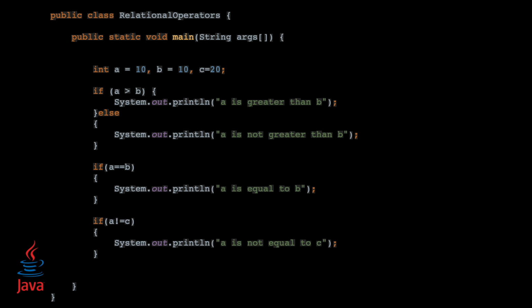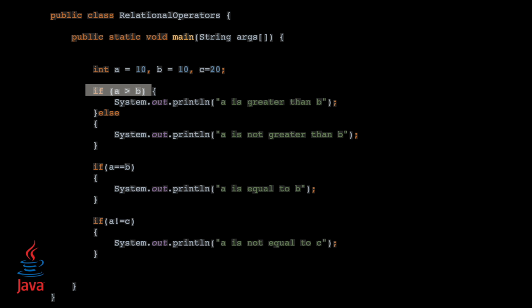Now let us see this program. Here we have 3 variables A, B and C. All are integer types. A is equals to 10, B is equals to 10, C equals to 20. Here with the help of this statement, we are checking whether A is greater than B or not. If you are not familiar with these if-else statements, so in my next videos I will explain everything in detail. So just continue with it. Just follow me, and in my later videos I will explain and teach you everything in simple terms.